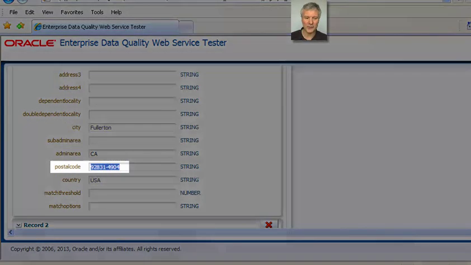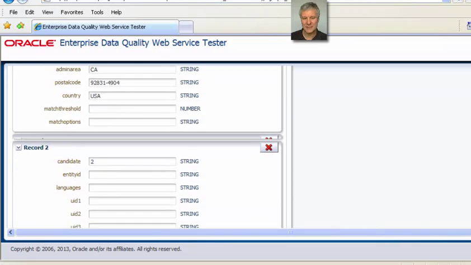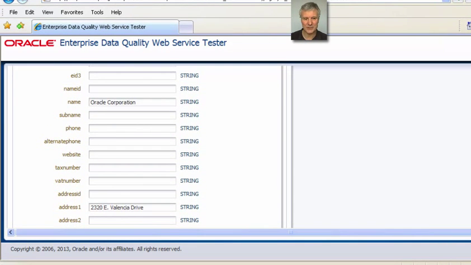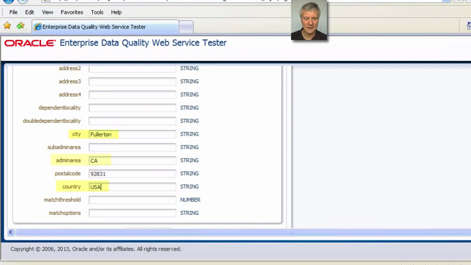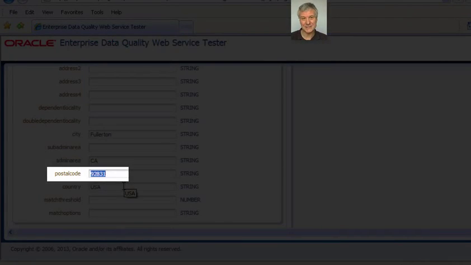And in record 1, we've got the primary and the secondary zip code, look, 92831-4904. In record 2, exactly the same details. Candidate ID is obviously different, but otherwise Oracle Corporation as the name, 2320 Valencia Drive as the address one, Fullerton, CA, USA. The only difference, apart from the candidate number, is the postal code, the zip code, which only has the primary zip code in it,